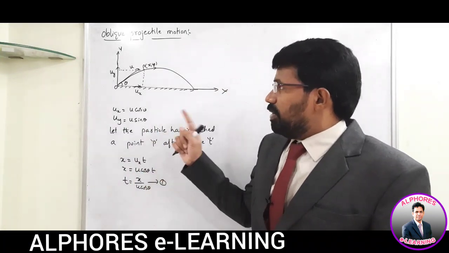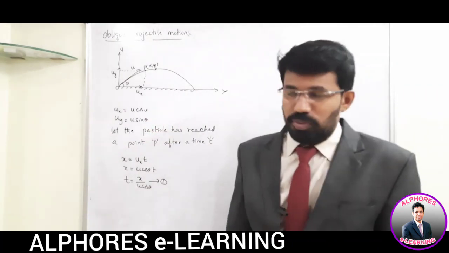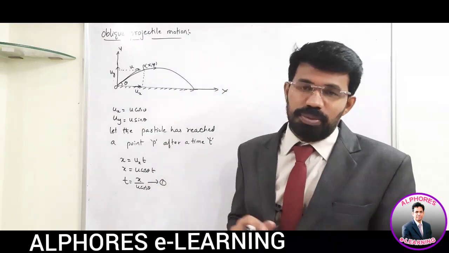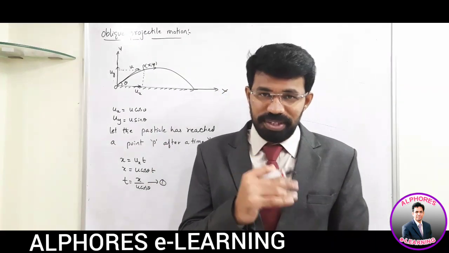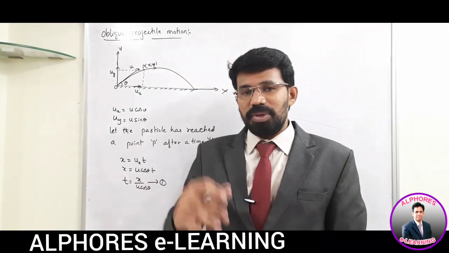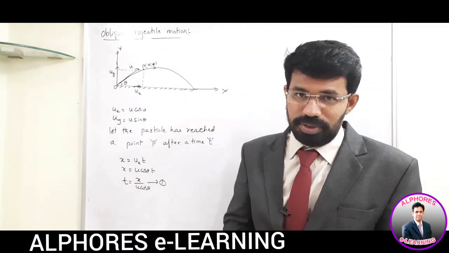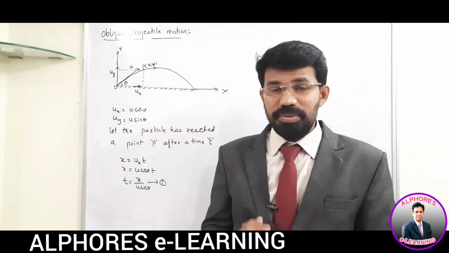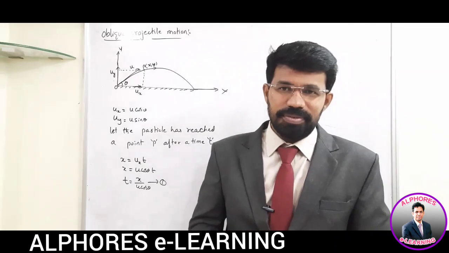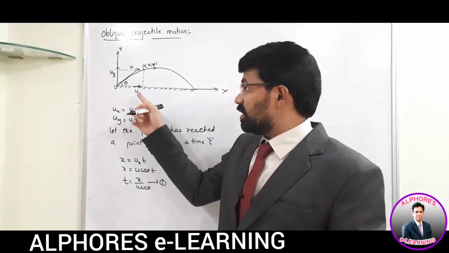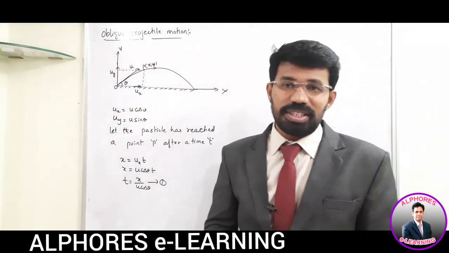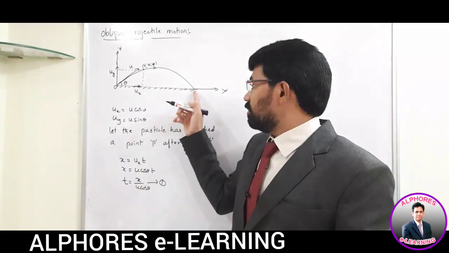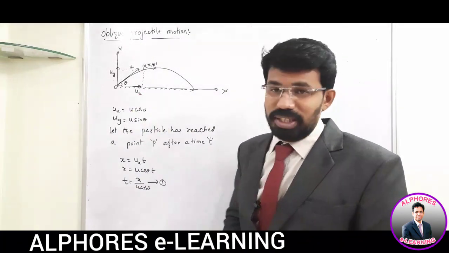Children, here, once the body is released, once it is in air, if any acceleration the body is going to experience, that acceleration is going to be acceleration due to gravity. And that acceleration due to gravity will be always in the downward direction. Will there be any acceleration due to gravity in the horizontal direction? No. Will there be any acceleration in the horizontal direction? No, there won't be any acceleration. So whatever this ux is, the horizontal component of velocity, it remains constant throughout its motion, till it strikes the ground.